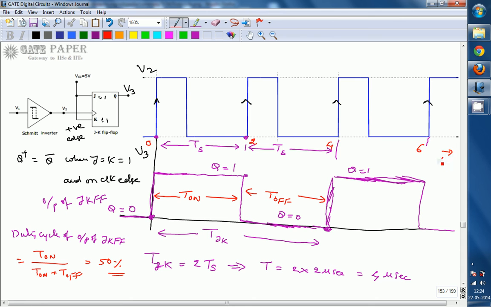So now T is in microseconds. If you draw this, calculate the corresponding values. Substitute omega T1, whatever values you get in radians, and get the values in time. Convert radians into time so that you can draw the same waveforms. Already we have discussed it for the 3 complete cycles. So for these waveforms with exact values, when you calculate the values in radians, you must convert them into time. That's all.